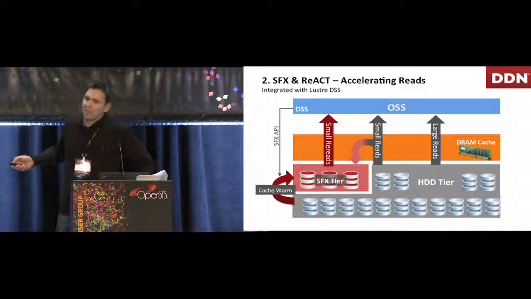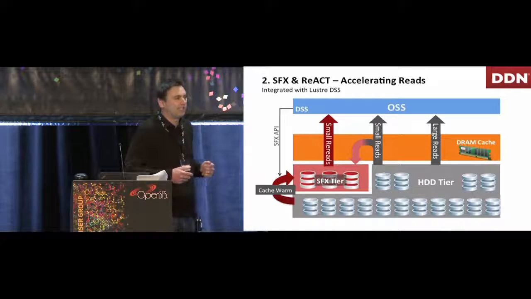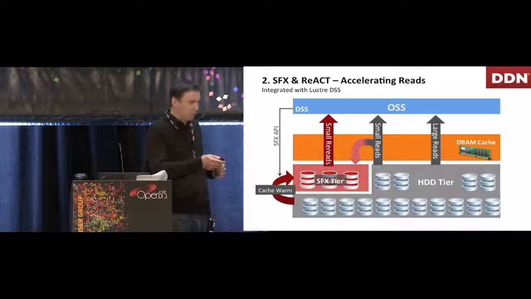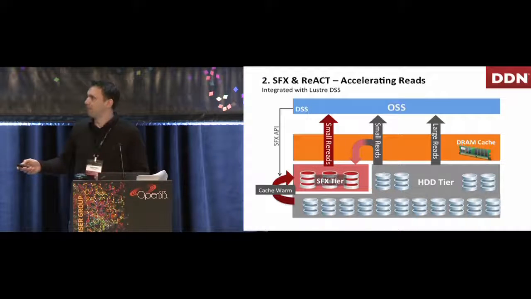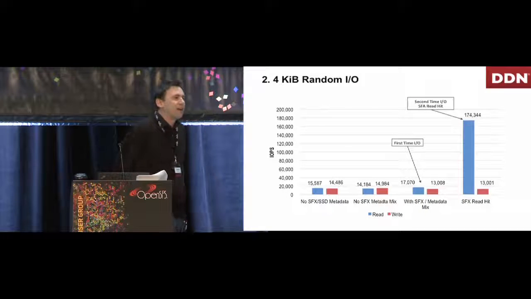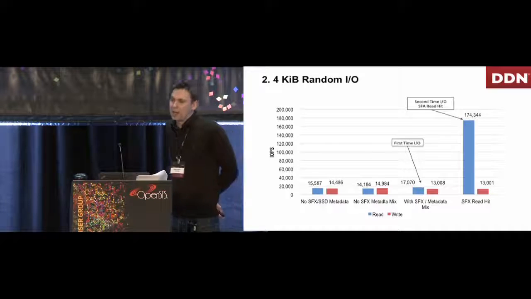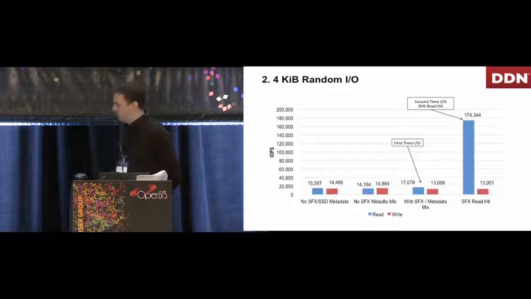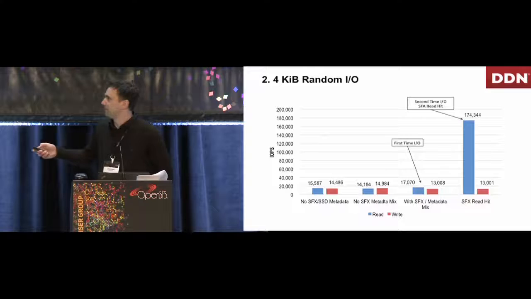We can also add a bit more intelligence. So rather than relying upon SFAOS to do this, with the least recently used, LRU, caching algorithm, we can use Intel's differentiated storage services to pull that data in explicitly. And here's what we get. Similar to what we saw before, for 4K random reads, what you're seeing here is a 10-fold increase by adding just 4 SSDs. And we're comparing 116 nearline SAS drives over here. We switch on SFX, and the second time we run the benchmark, after the cache is warmed, we see a 10-fold increase.